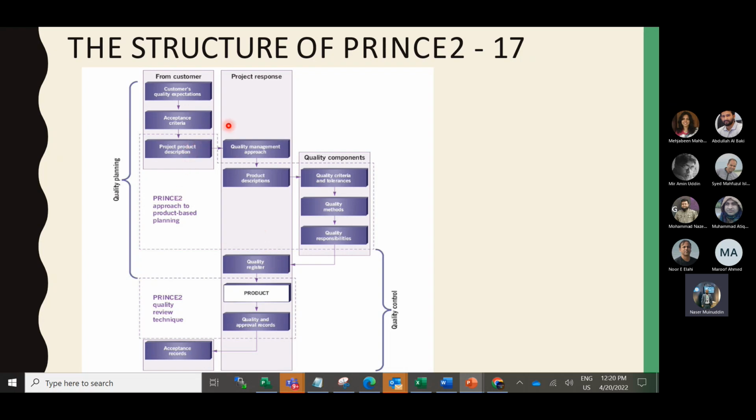Then you need to go to the board. Earlier we thought that one month is sufficient, but during the quality review it did not pass. Then what will we do? The board will decide whether it is within the tolerance. That means instead of one month, you can complete it within the next 15 days or even the next one month. If the board justifies it, then you can continue the revision of the project, or if not, then you need to discard the project. You got my point? Yes. Okay.